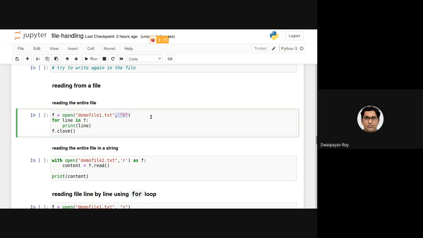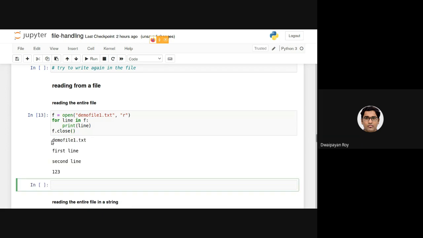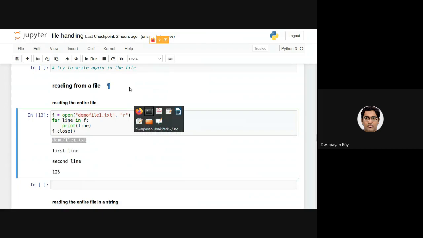As I said, when the file is opened in the read mode, it will be a sequence of strings. Note that we are handling raw textual data. That's why everything is a string. Now for line in f, here line will be the individual lines. Now if I execute this, as you can see, demo file 1.txt is being printed here.